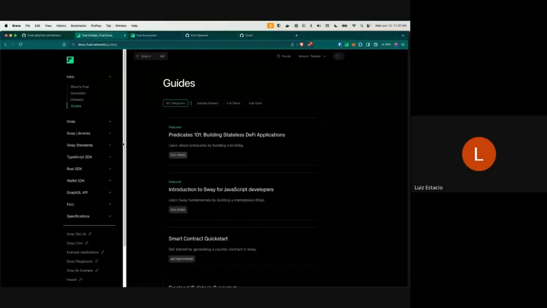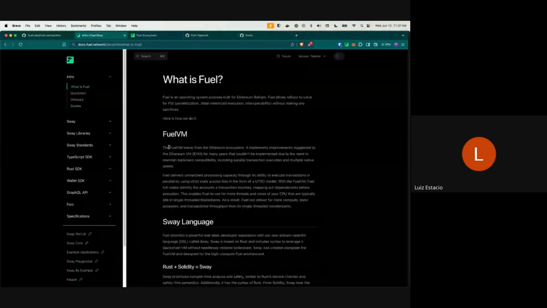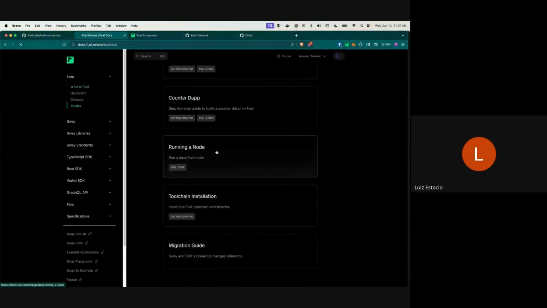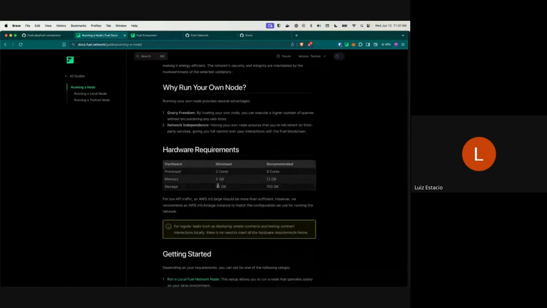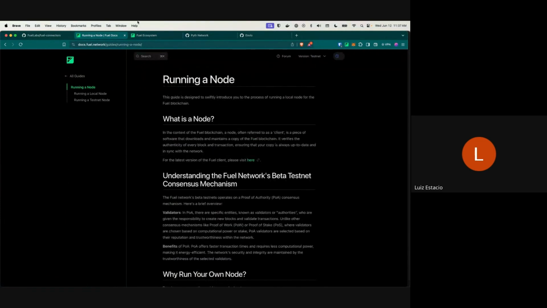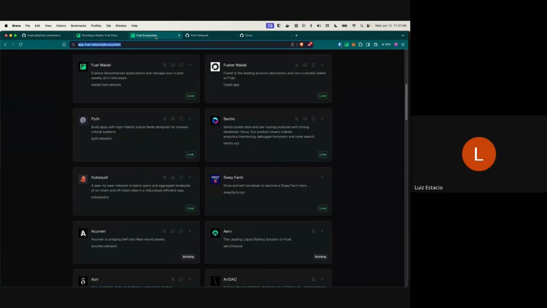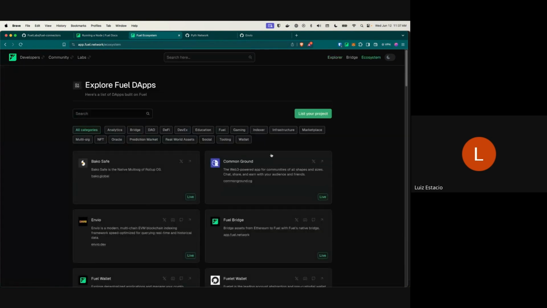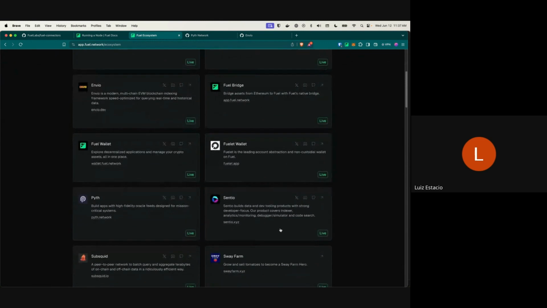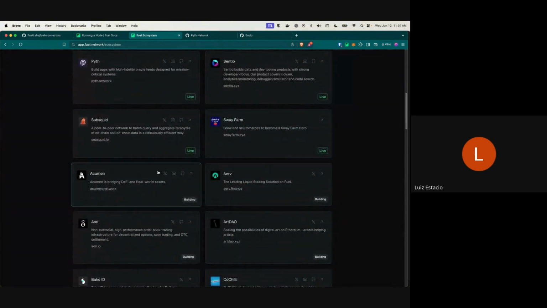I was showing that you can go here on the docs, go to the guides, and go to running a node. This would be to sync the node locally and be able to simulate the same data if you don't want to be trying things directly on the live testnet. And if you want to test specific contracts and you need the ABIs, you can go to the Explorer app, go to the ecosystem page, and here you have all the projects that are developing on the network, and then you can see the GitHub page from the projects. It makes sense?